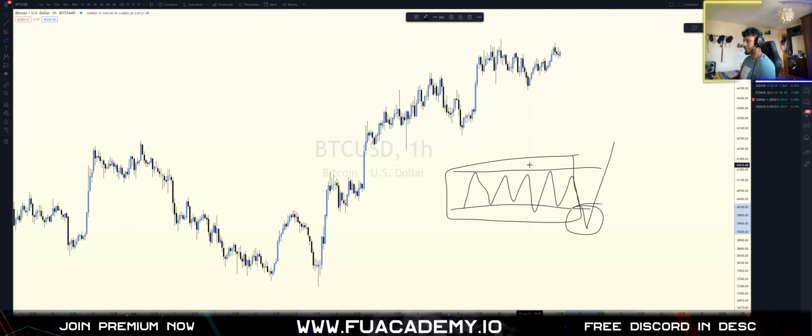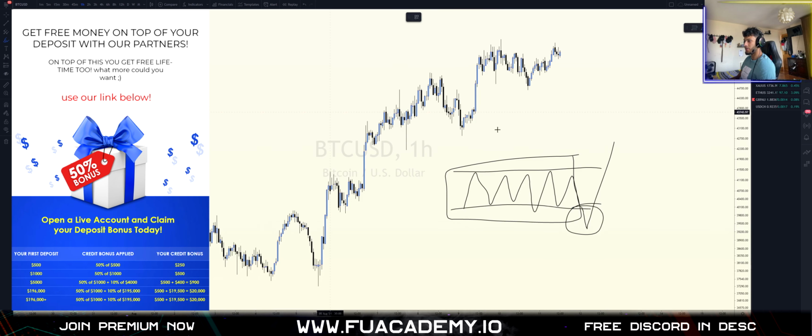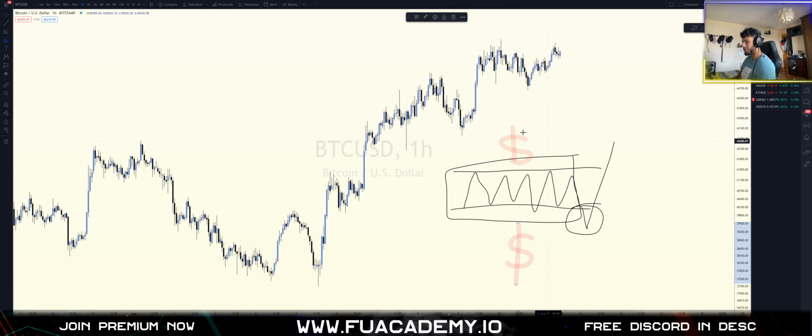Let's just understand first of all the functionality behind what this is doing right here. So obviously, as you guys know, with consolidation, you're getting liquidity being built up on the top and being built up on the bottom. Okay, so stop losses are accumulating at the top and the bottom. So what happens with this manipulation a lot of the time is a very volatile push down, which sometimes can be considered just a spring. Very volatile push down below the lows to clear these stop losses. Lots of money pools are sitting below these lows. So that push down clears these stop losses,